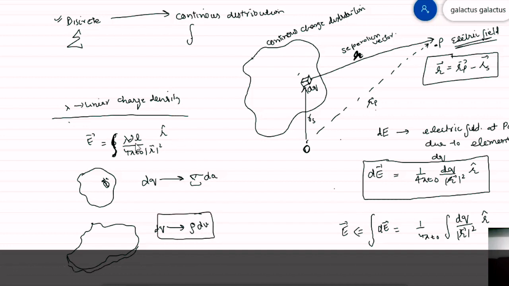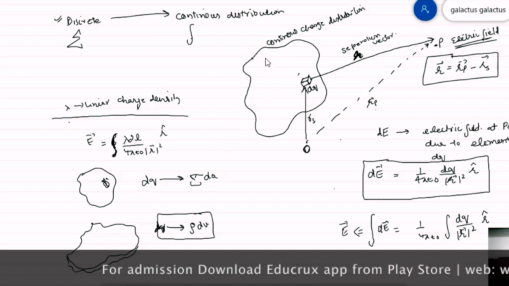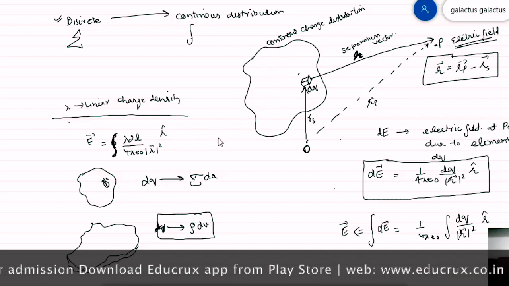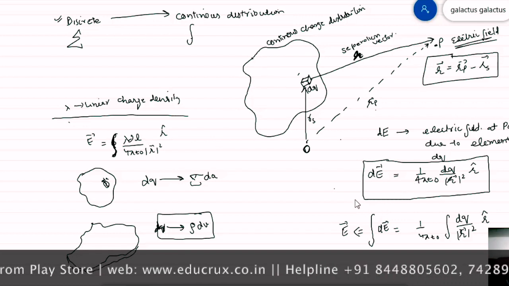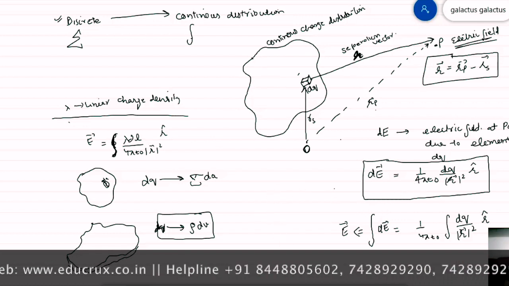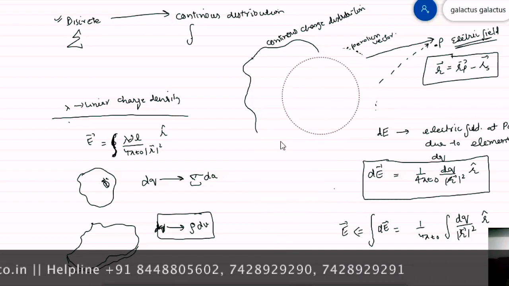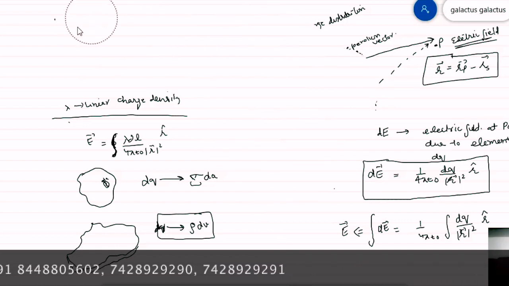Okay, so according to this, my dq is rho dv. So according to how my charge is distributed, my formula will change accordingly. So just solve, we will now solve questions on the basis of